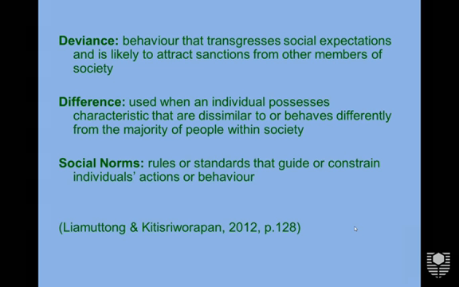And so now we need to look at what happens when people do not conform to accepted social norms. Deviance, these are definitions from the reading in your text. Deviance is defined as behavior that transgresses social expectations and is likely to attract sanctions from other members of society. You may think of sanctions in the global context as refusing to trade with Iraq, for example. At one point, that was a UN decision. For individuals, sanctions could be excluding them, not interacting with them, withdrawing support, social, financial, etc.